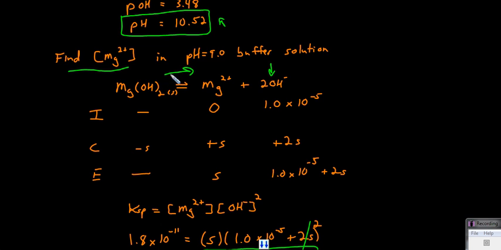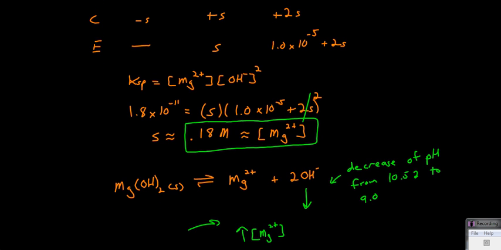So to find the concentration of magnesium here, solve for S again, except this time we have a common ion present, hydroxide already present, and we're able to cross out that common ion in our calculations,